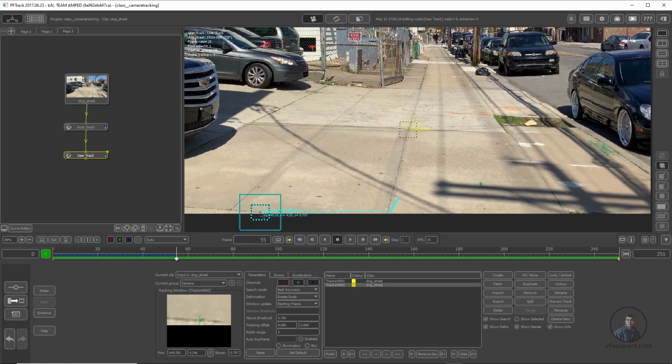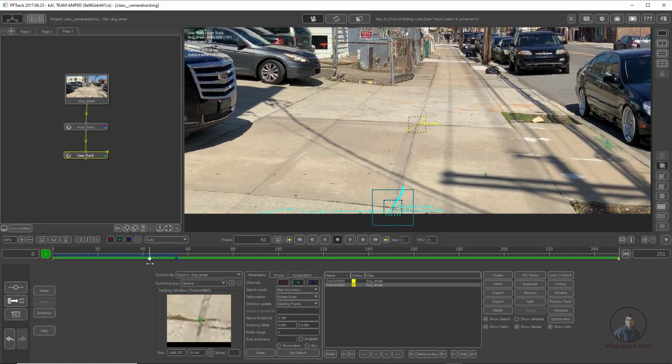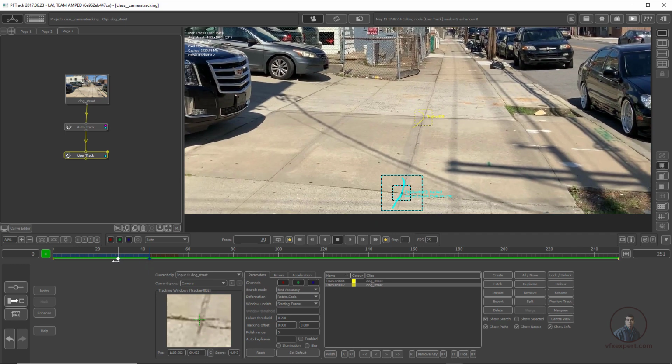So first, if you want to clear this inaccurate tracking data, then simply you can clear. Suppose up to here it is looking good, then after this we first have to clear all these keyframes. For this we have to check whether to clear forward or backward. For this you will get R plus and R minus. So we have to clear these keys. Simply click on this R plus. Now you can see I have cleared all our inaccurate keyframes or inaccurate tracking data here.